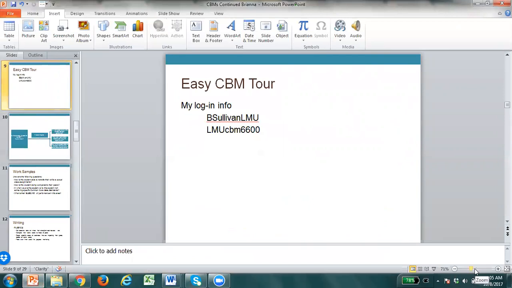If you'd rather use Easy CBM than AimsWeb because you think it's going to be more useful, that's fine. Or just if you think that this is something that you might want to be able to use in the future with students, for individual assessment points or for ongoing progress monitoring, I would recommend that you set up an account and kind of add your students, practice with it a little bit, and hopefully it will be something that is